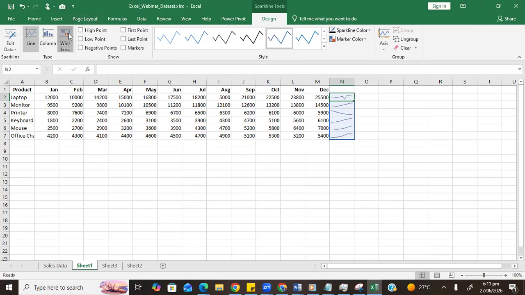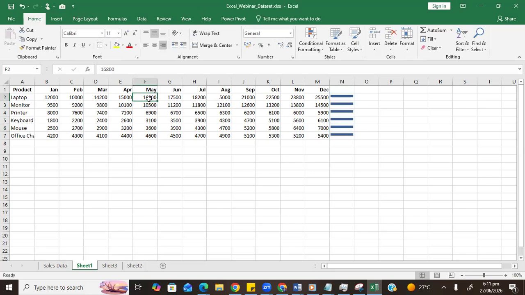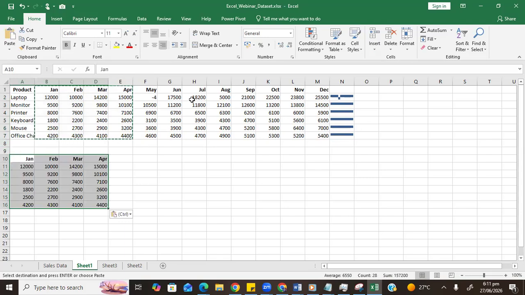For the win and loss, what it does is that it looks at the data, and once the data is 0, it will record as just a line. So I type 0 here, so that it will become a line. But if it's negative, once it gets to negative, it becomes another shape that dips down like that. So what we'll do is that we are going to copy just 3 of them, 4. But because it's a lot, we are not able to see it clearly here. So okay, but instead of coming to,